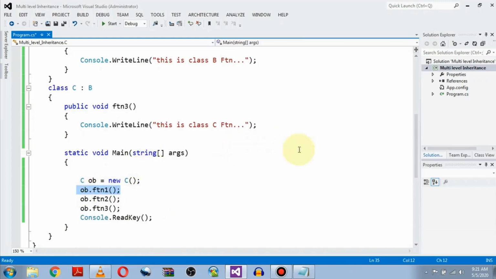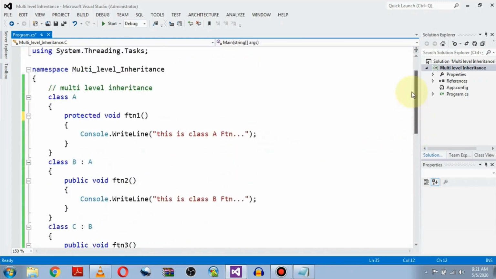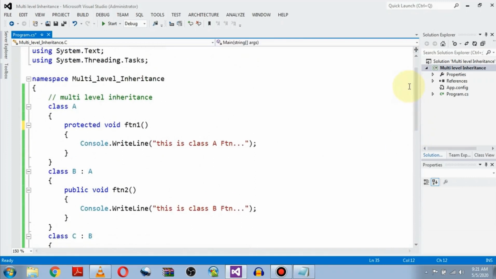So protected can be accessed, private cannot, because private is accessible only within that class, while protected can be accessed when the class is inherited. So this time class B inherited class A, and within class A we have a protected function.